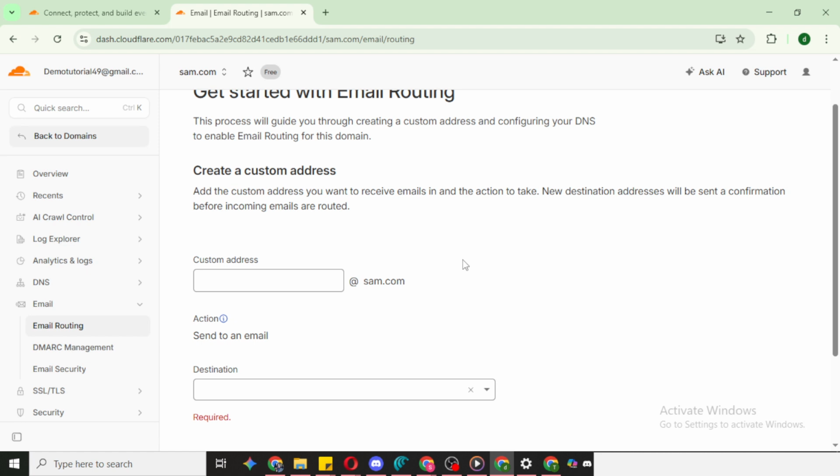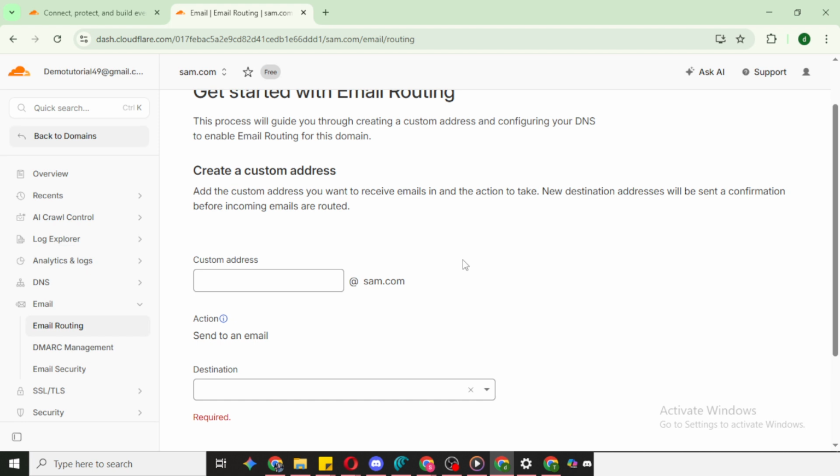First, type the custom address you want to use on your domain, the part that appears before the @ sign. Choose something short, clear, and easy to remember. Second, type the destination address, which is the real inbox that will receive the forwarded messages. Carefully double-check both entries for typos. A small mistake can cause messages to bounce or go to the wrong place. Remember, this is forwarding, not a new mailbox, so there's no separate password or login for the custom address.